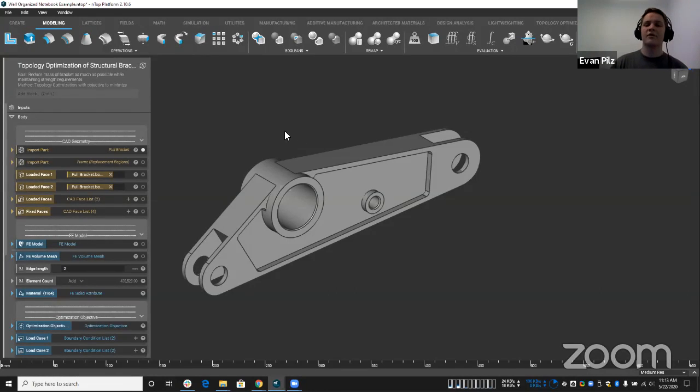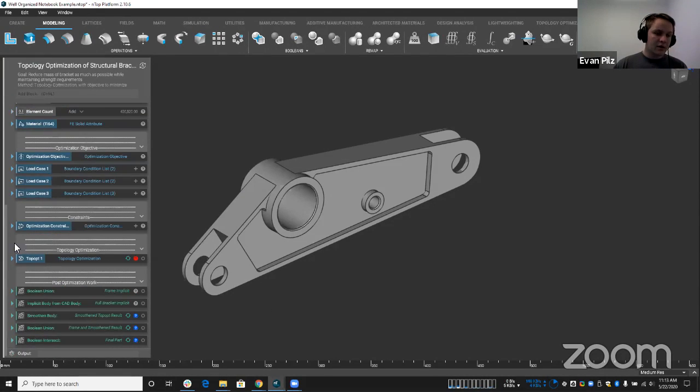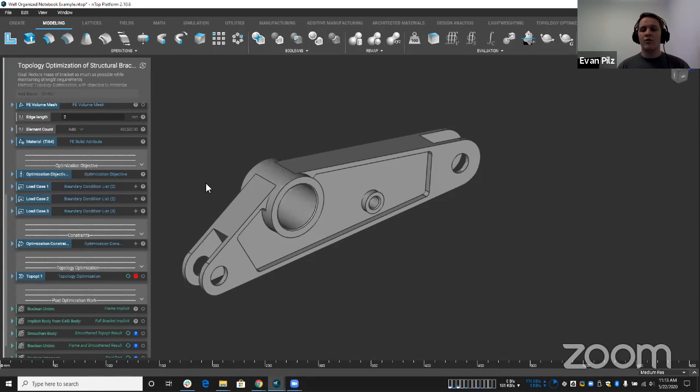So there's a question about the load cases. Not quite about the organization, but about the topology optimization top op itself, and I'm happy to answer that. Can the load cases be taken into account alternately? So if we came into our optimization and you wanted one that took into account 1, 2, and 3, just 1 and 3, just 1 and 2, just 2 and 3, and all those different combinations,